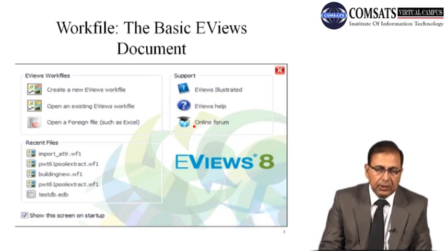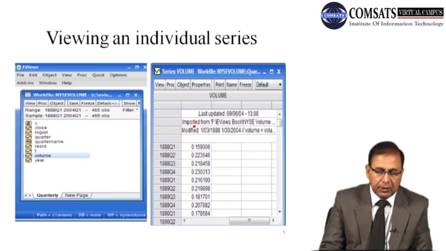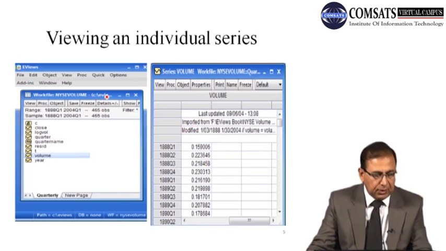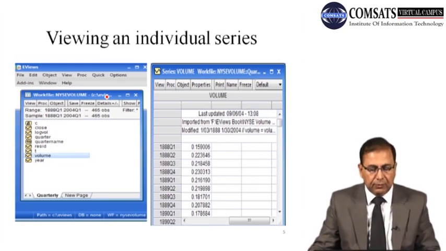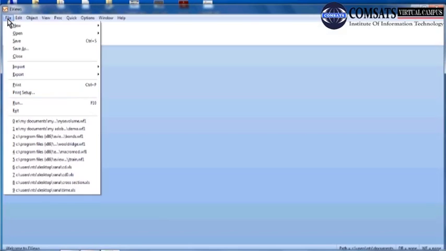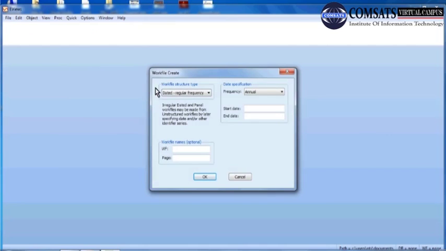This is what we studied in the last lecture. I have already reviewed it. So according to the agenda, first of all, how to generate other types of file in eViews. This is eViews, and when we open a new workfile, suppose we want to generate a dated regular frequency file, but this time monthly data, for example.